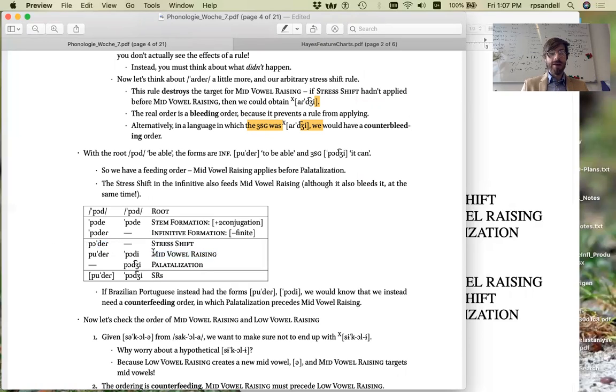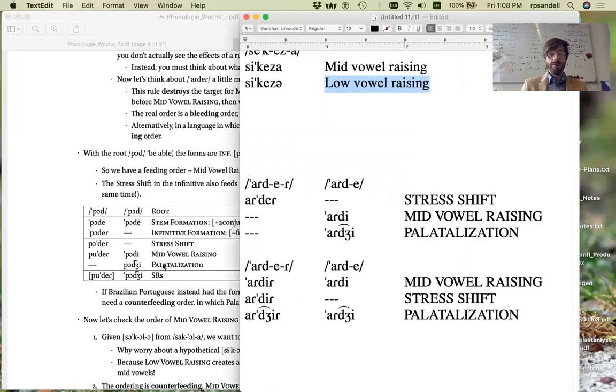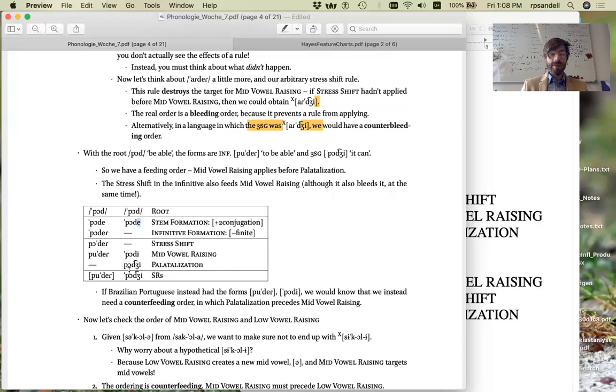Mid-vowel raising applies, causing any unstressed mid-vowels to become high tense vowels. So the underlying o of the root becomes u in the infinitive. And in the third singular, the a of the second conjugation suffix becomes e, just as we saw with the verb meaning burn. And finally, palatalization is able to apply here, since we have an instance of a coronal stop